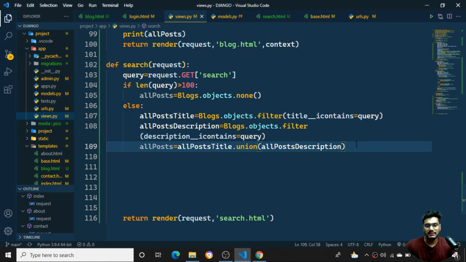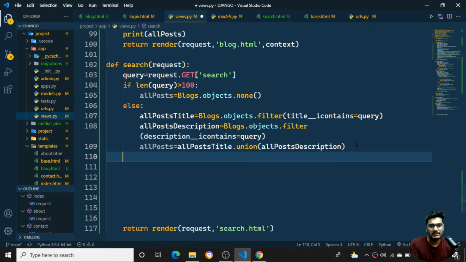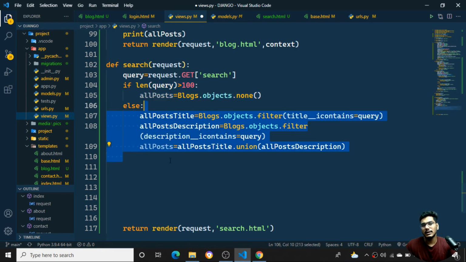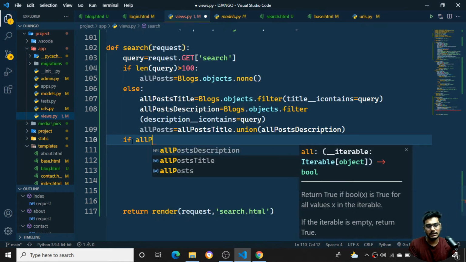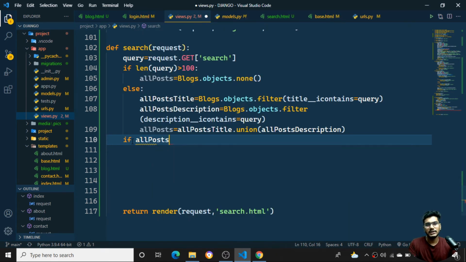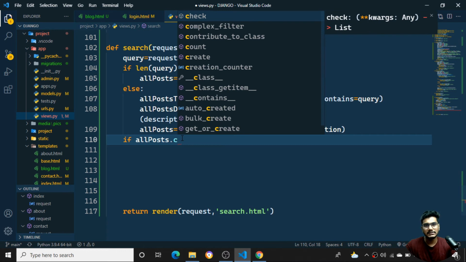If I get any results, so I'll check now. One more condition I'll check. So if this happens, it will go to this part, else it will go to this particular part. So now once it is done, I'll check one condition. I'll say if the all post, whatever the post is there, whether it is none or whether it is full. I want to count the results I am getting.